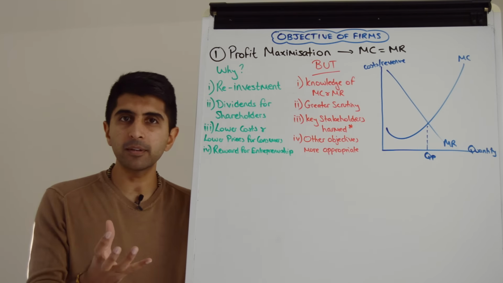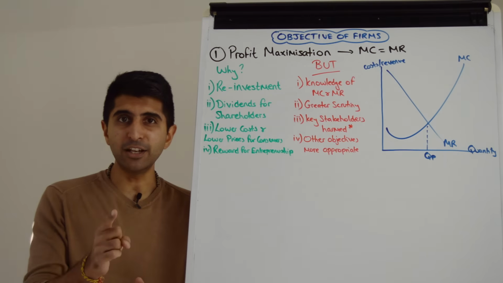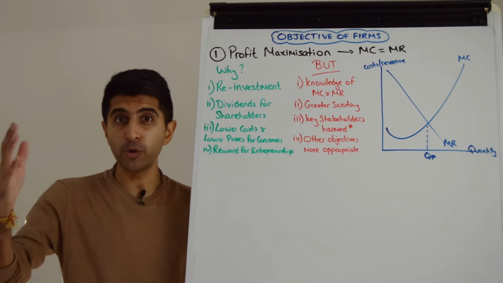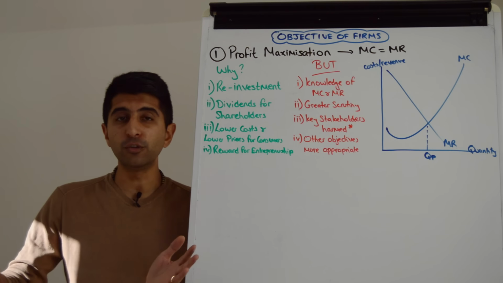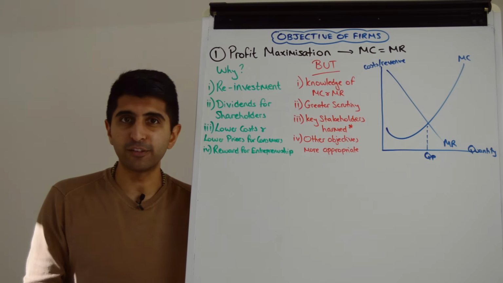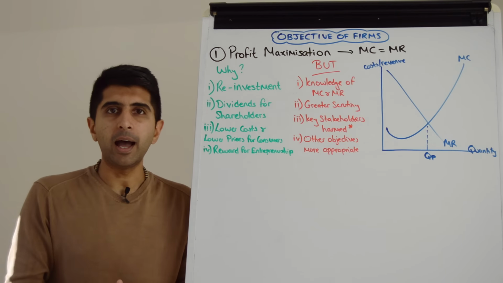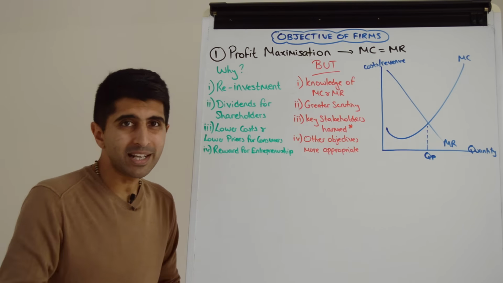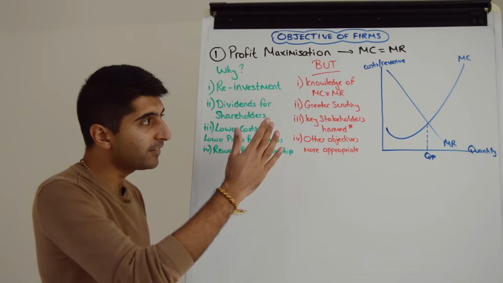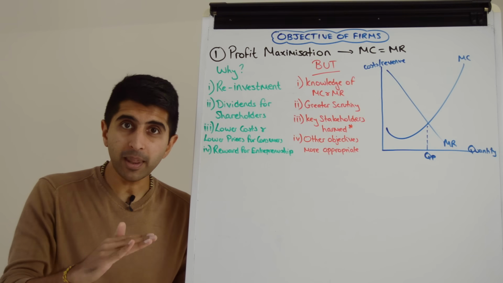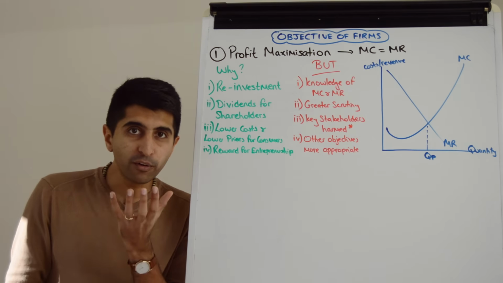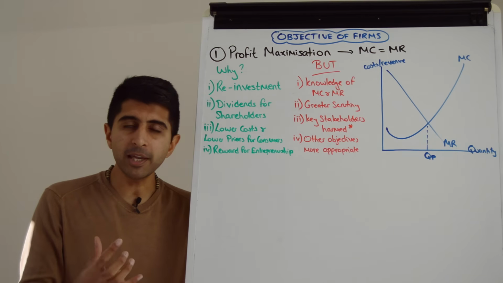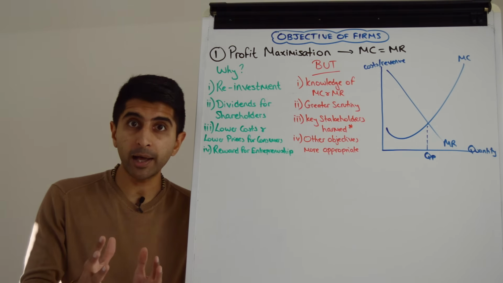And usually the outcomes of investigations are very anti the interests of businesses. Usually it might be, we're going to force you to reduce your prices, or you have to improve your health and safety. You have to use more environmentally friendly methods of production or something. Usually outcomes that increase costs or that will reduce revenues for the business. So scrutiny is not in the interest of a business. A business may therefore not profit maximize, lower their profits just to avoid that scrutiny, to avoid investigation. Another reason is that key stakeholders could be harmed if a business goes too hard with profit max.